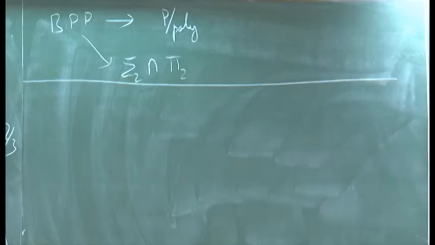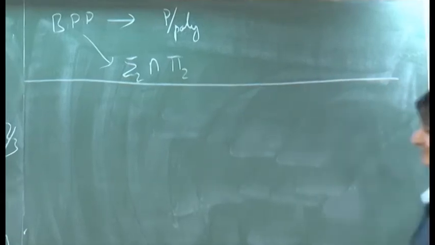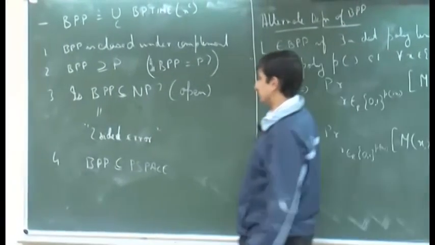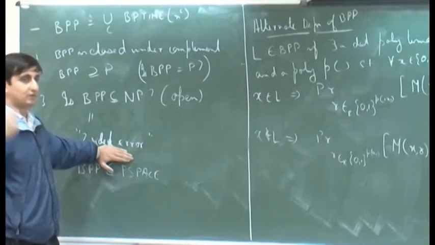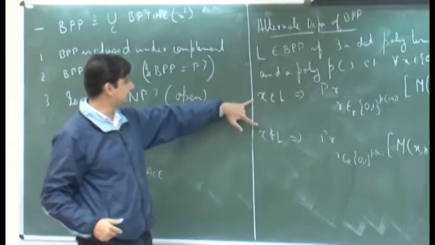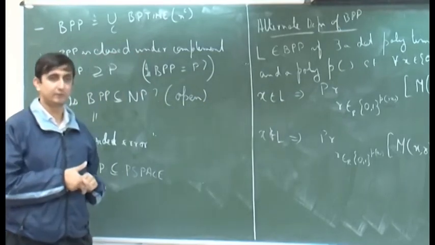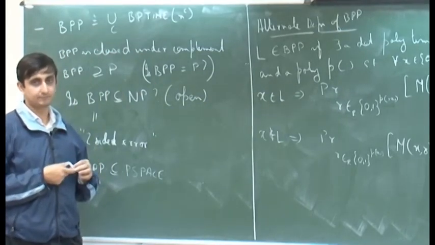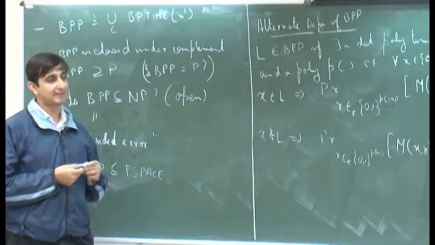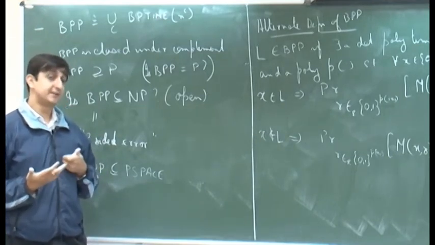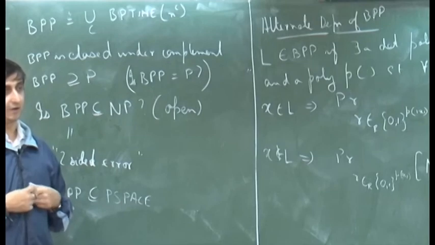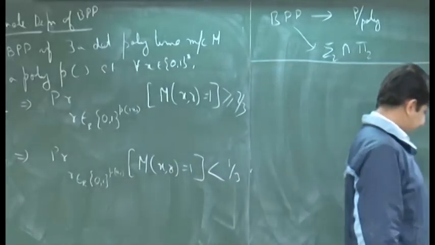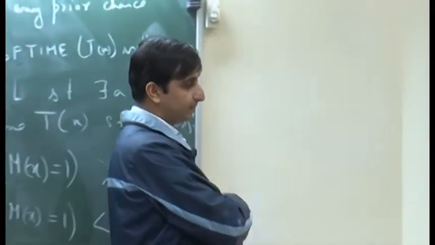So, coming back to this question of one sided versus two sided error. Now you can see why we call this two sided error, because in both these cases there is a finite probability that we can make an error. But if you look at, let us say, an NP machine for strings which do not belong to the language, the machine basically does not make any error along any computation path.